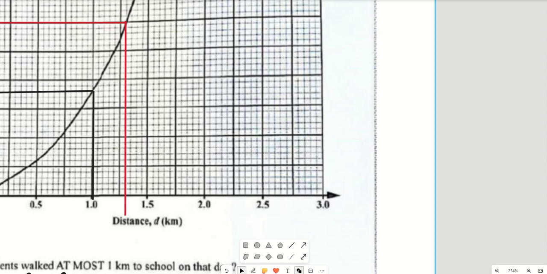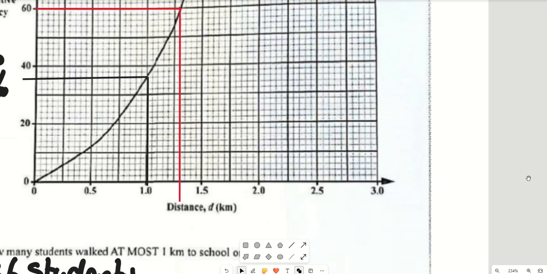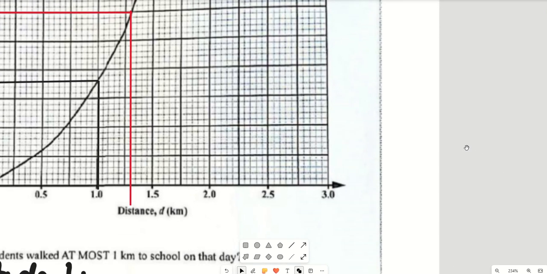So we want, how much is this red line intersecting your x-axis, right? So again, you're going to use if, then, therefore. We say